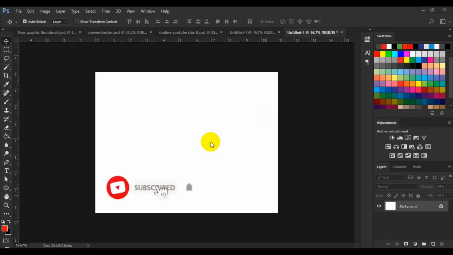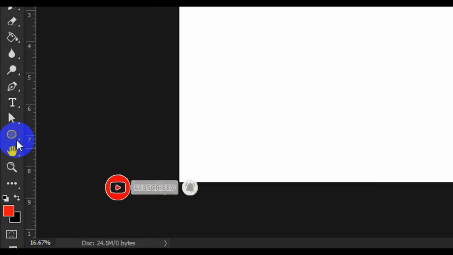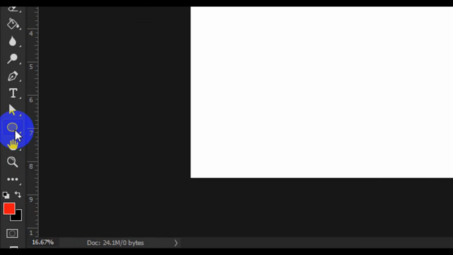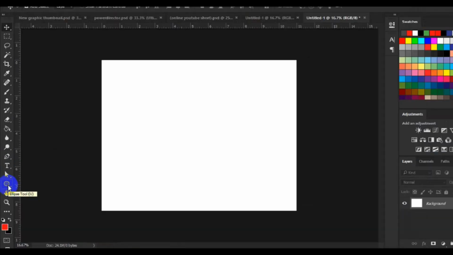So let's begin. First thing first, you have to go to your toolbar and make sure you select your circle from the shape tools right here. Make sure you select circle. So having selected your circle,